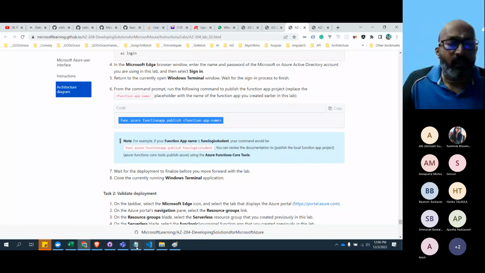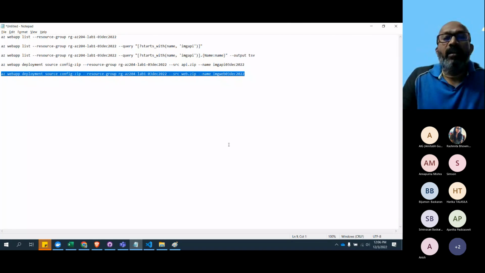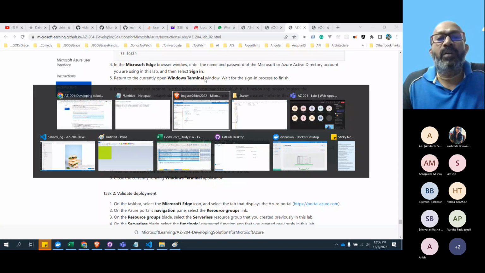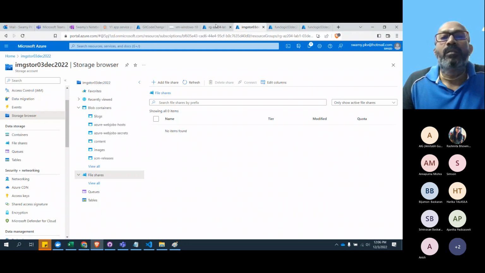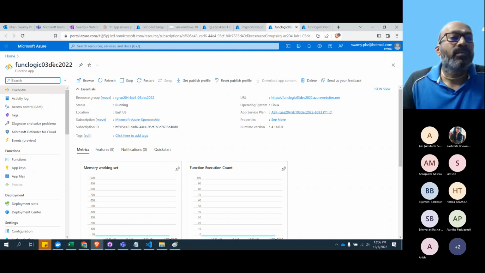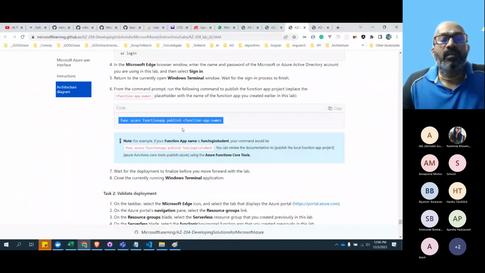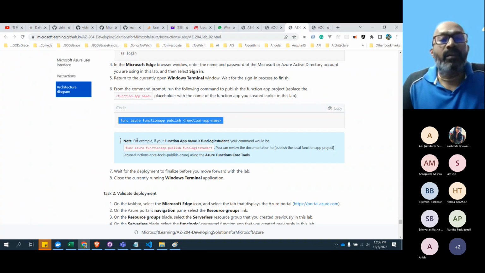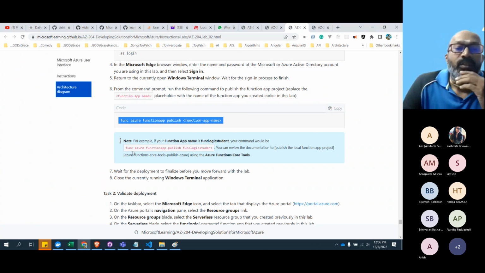The function app name. Let's take that. Publish this function. What is the function app name? It is func logic. That's this one. I'm copying it, coming back. So Azure function app, publish.